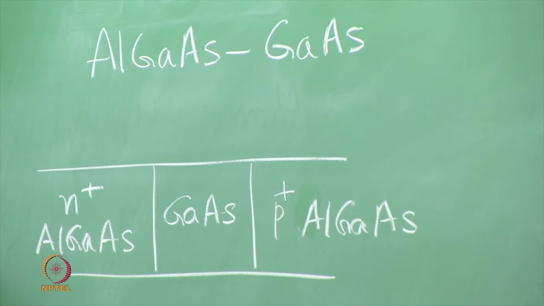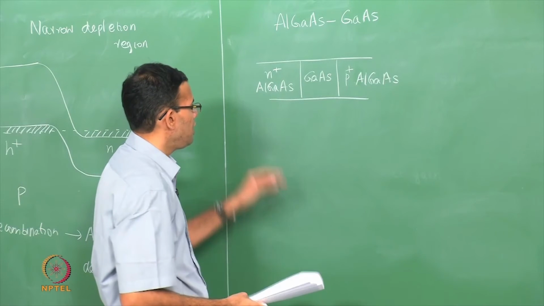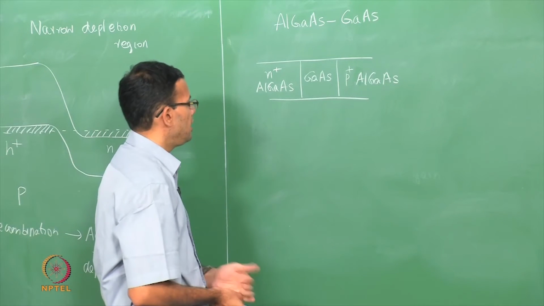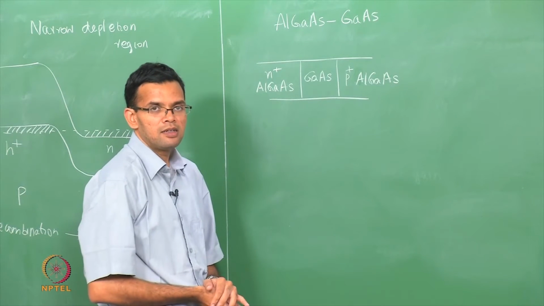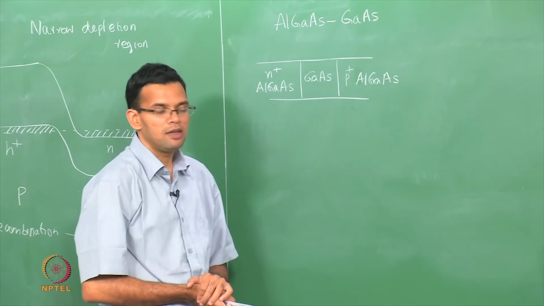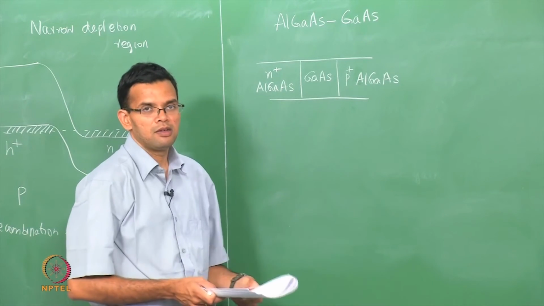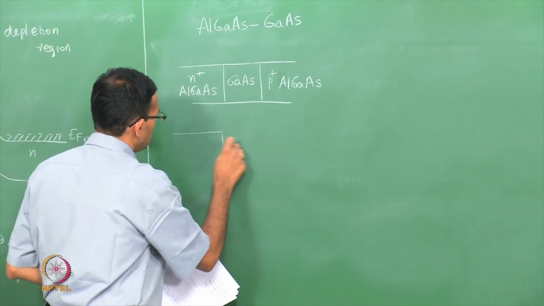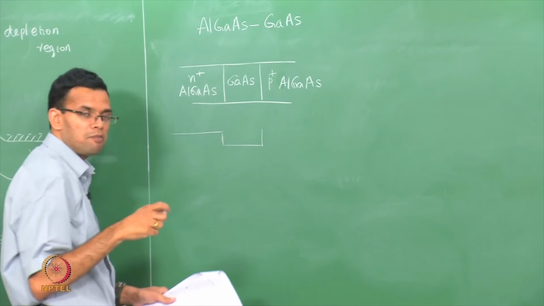When we forward bias this double heterostructure junction, once again we can inject electrons from the N side onto gallium arsenide and inject holes from the P side onto gallium arsenide, and these then recombine to give you your laser light. So, if I were to draw a very basic band picture,